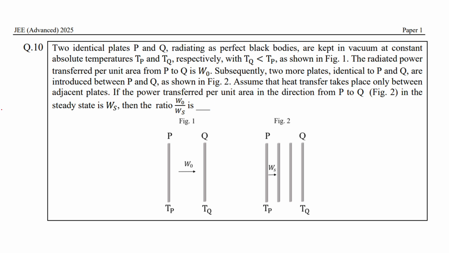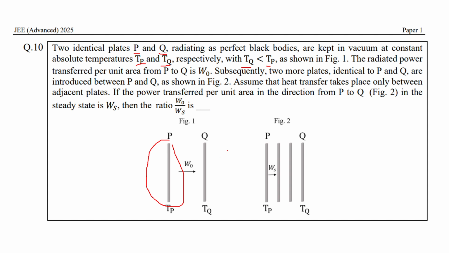This is a JEE Advanced 2025 question, and in this we are given two plates P and Q, and they are radiating like black bodies, and we have to find the amount of heat transfer. Initially it is given that plate P is at temperature Tp and Q is at temperature Tq, and Tq is less than Tp, or you can say that this plate is at higher temperature,